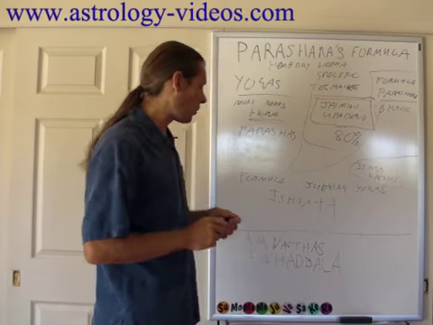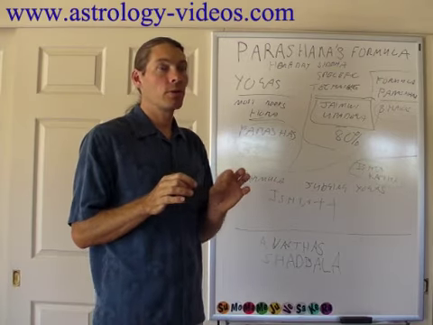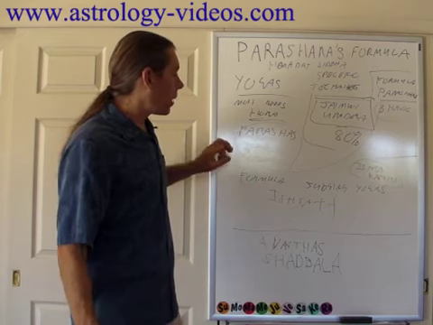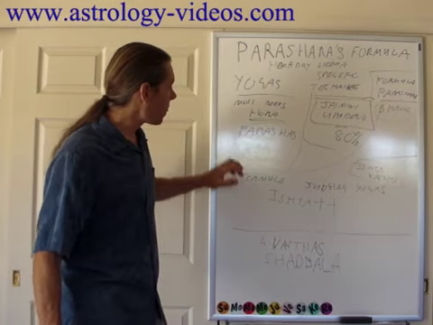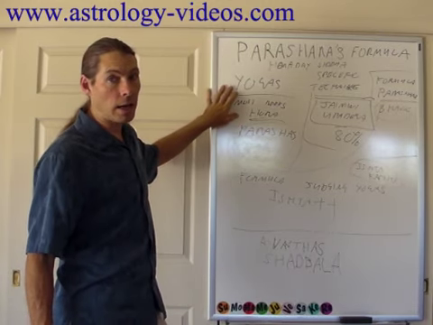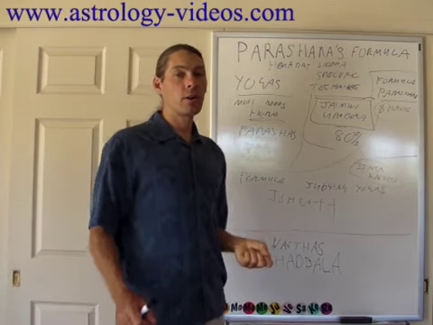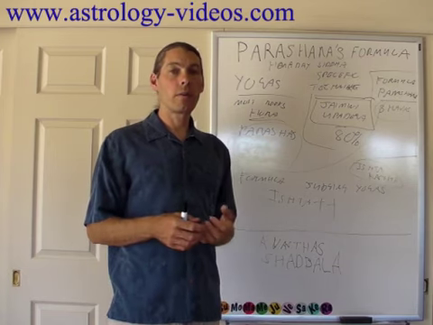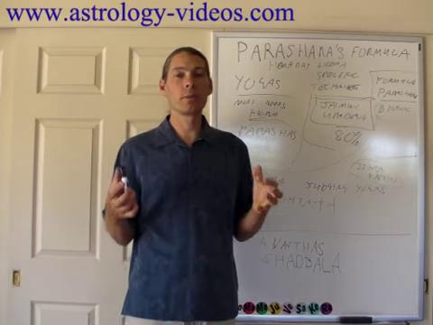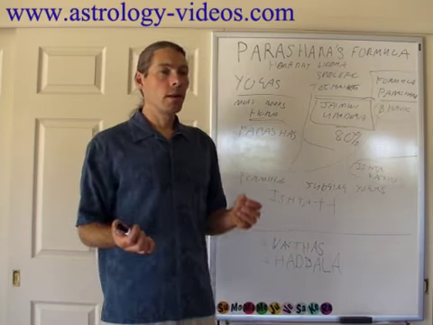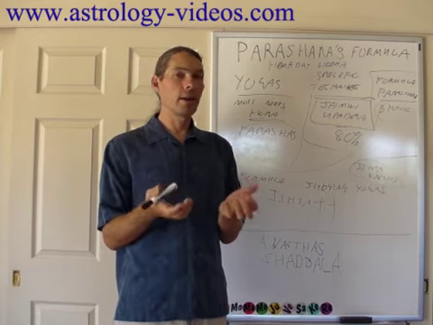Okay? So we're going to have two formulas which we're going to use for two branches of astrology. The scientific, replicable, formula-centered part of astrology, of judging bhavas, and memorize as many yogas as you can, and then analyze those yogas according to a formula to see if the yoga's strong enough to give its full effect, or if it's only going to give some. So that would be a yoga that says you're going to be super wealthy. Okay? Well, how strong are those planets giving the yoga? If they're not super strong, they aren't going to give super wealth.